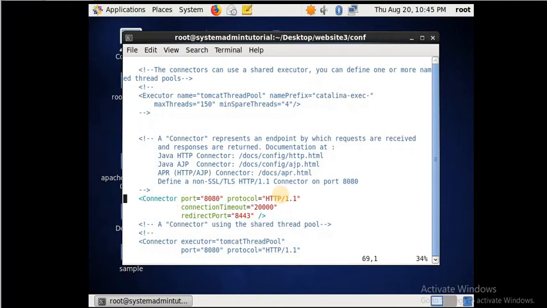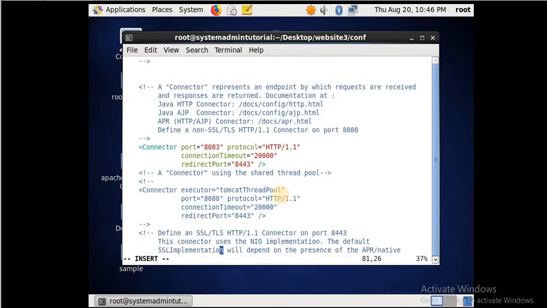Here you see the connector port. I am changing it to 8083 because it is for website 3.